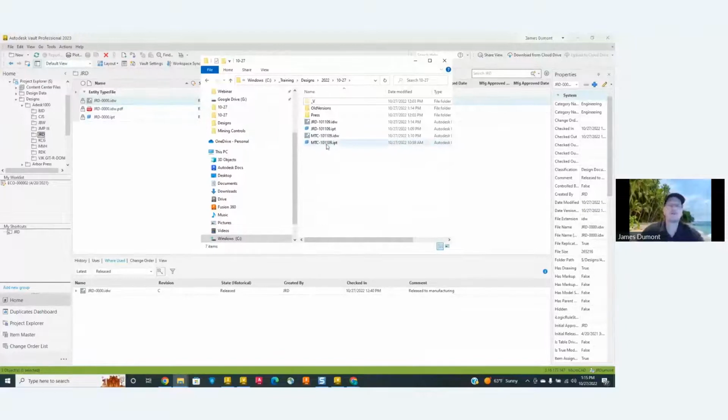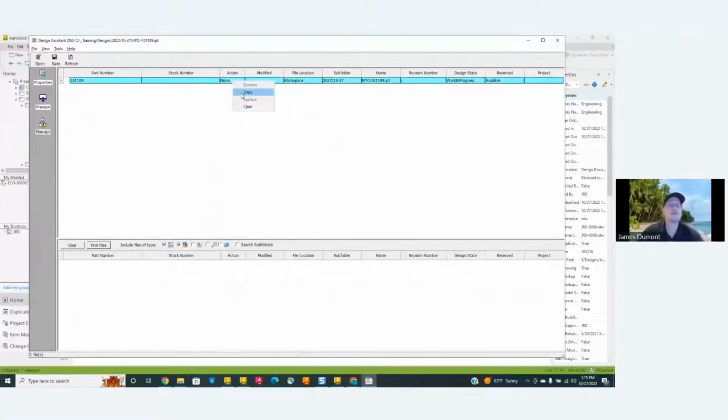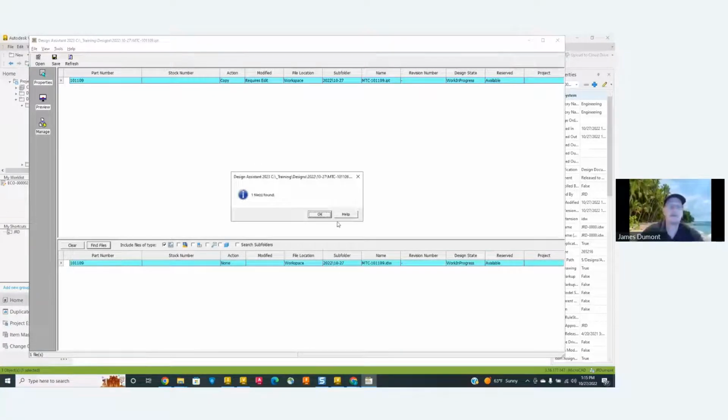All right, so let's try this once more. Here's my MTC. I'm going to copy this using my design assistant. And I'm going to copy. All right, so that was my part number. I'm sorry, I need that. I forgot to actually change the part number, so that's good. I'm going to find my files. There it is. It was actually the part number was throwing me off, so this is good. So I'm copying the model. Now I have to copy the drawing. And I have to change the name here.